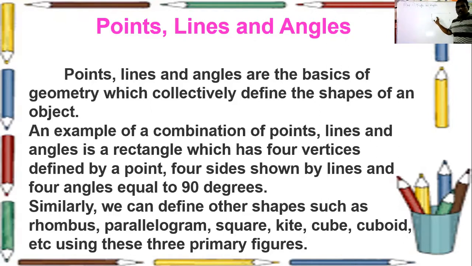If you want to say something about a rectangle, how will you explain it? A rectangle is a closed figure formed by 4 lines. So you are using the word lines here. And the angle between two adjacent sides is 90 degrees, so you are using the concept of angle here. It is a closed figure formed by 4 lines, and the angle between two adjacent sides is always 90 degrees. Then only it is called a rectangle. So if you want to explain rectangles, you must use the concept of lines and angles.